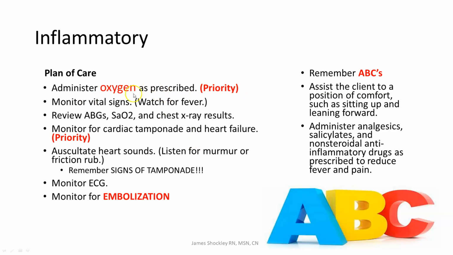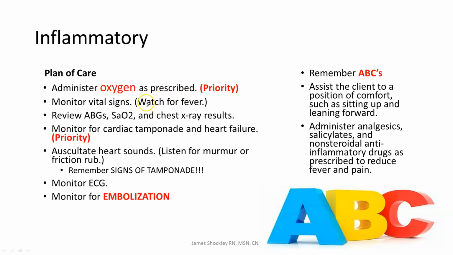So what do I need to do? Notice that the plan of care is general, and it is for all inflammatory disease processes. We're still starting with airway, breathing, circulation. So we're going to give oxygen as prescribed, titrate oxygen to maintain SpO2s, frequent vital signs, especially being